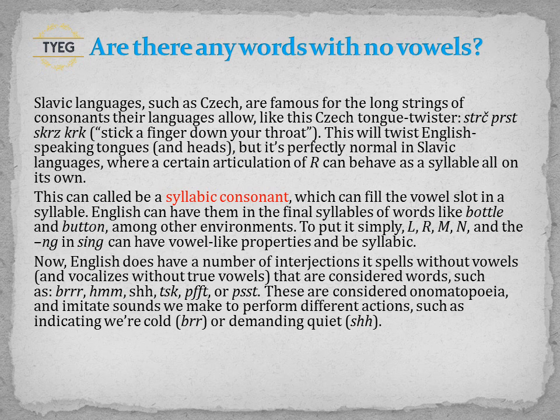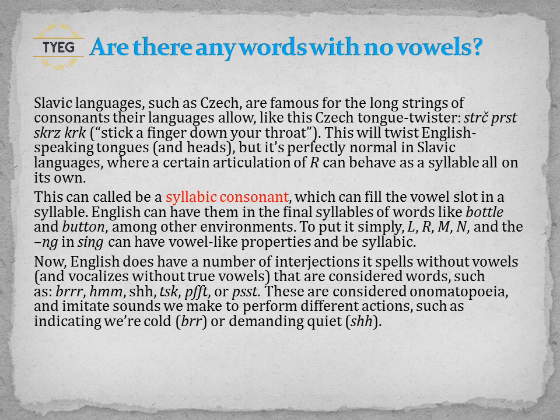English can have them in the final syllables of words like bottle and button, among other environments. To put it simply, L, R, M, N, and the NG in sing can have vowel-like properties and be syllabic. Now, English does have a number of interjections it spells without vowels, and vocalizes without true vowels, that are considered